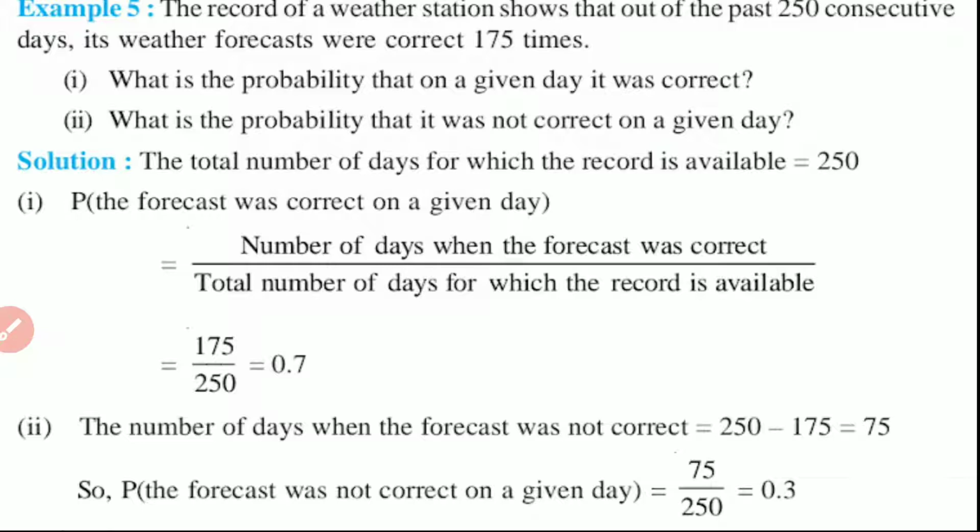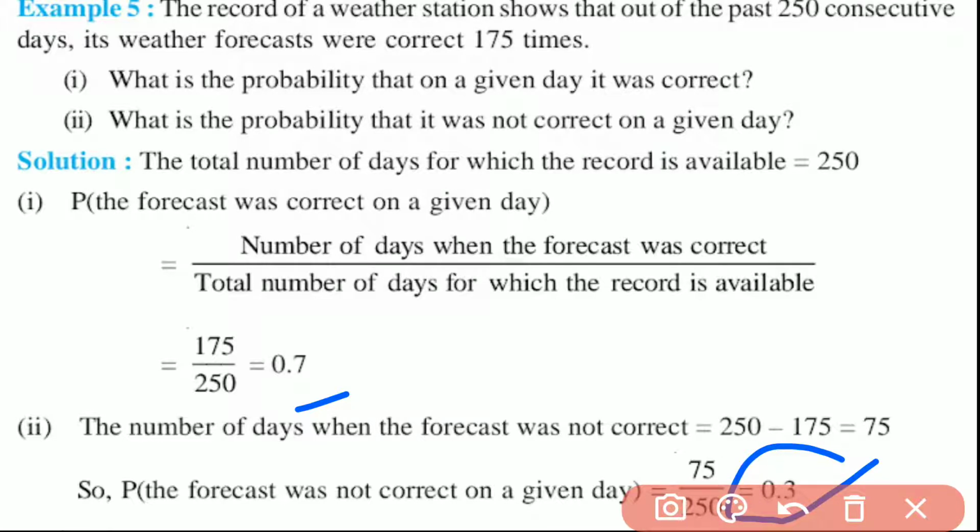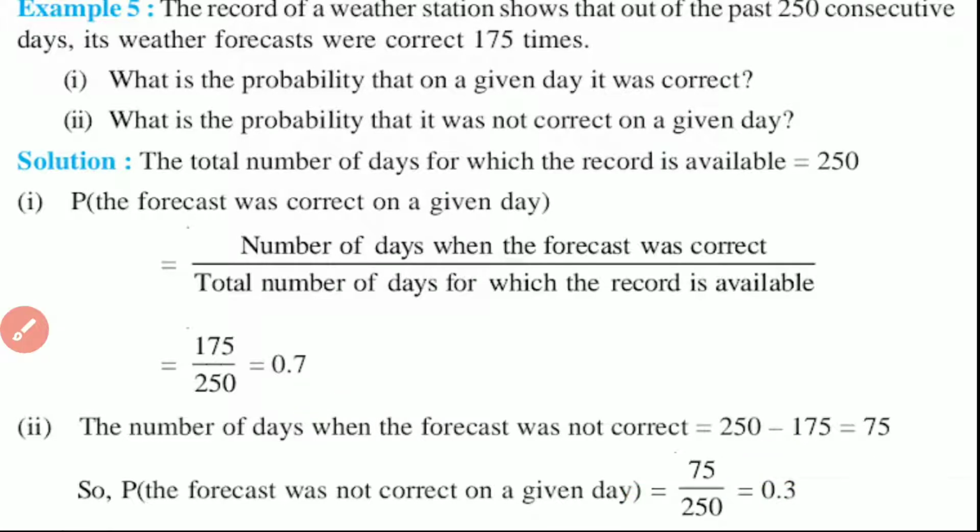You have learned in the theory session prior that the sum of the total probability is 1, from 0 to 1. So when we add the positive and negative forecast, that is 0.7 plus 0.3, we get the total answer as 1. So the calculation which we have considered is correct for the forecast probability of the weather station. This way we considered the fifth example.